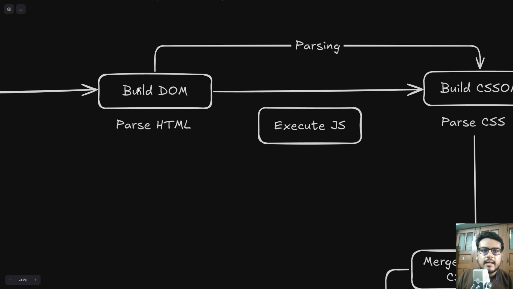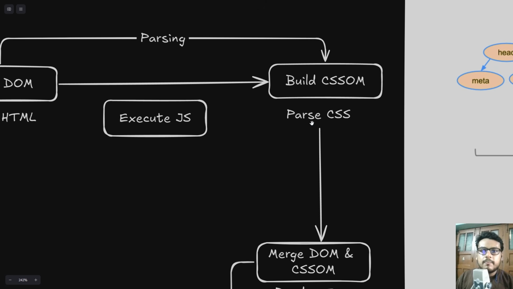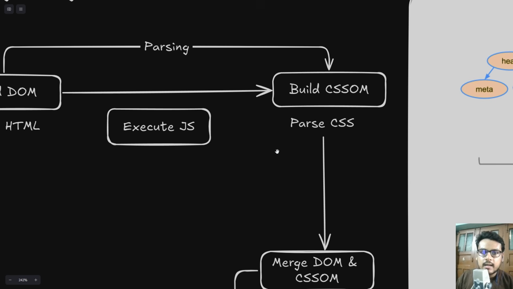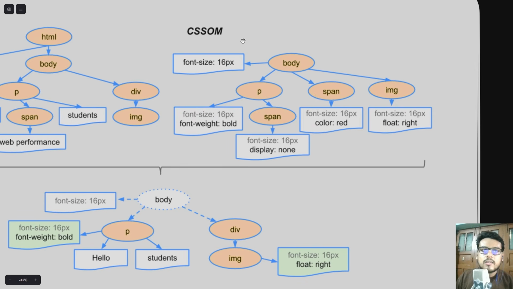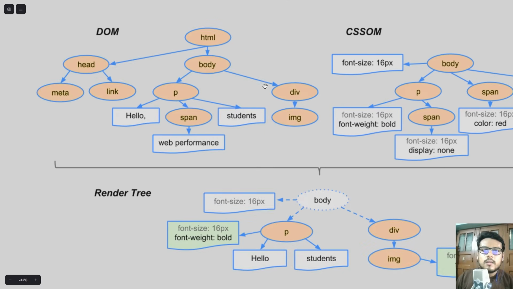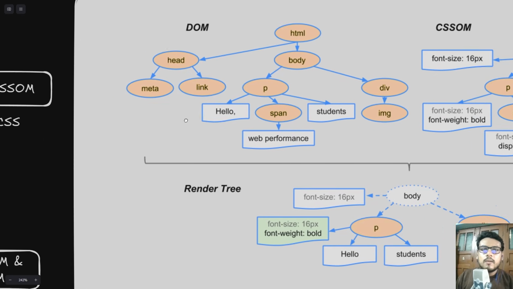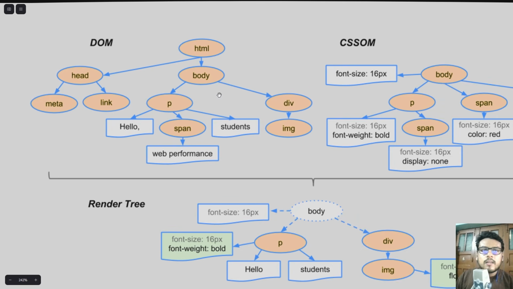So the first thing the browser does is build the DOM, which means it parses the entire HTML. Once it parses the HTML, it starts parsing the CSS. This is where we make the CSS object model. Once you have the DOM ready, each item over here, each p tag, span tag, div tag, or image tag, might have certain styles, because as a front-end developer you style these components. So what a browser does is identify